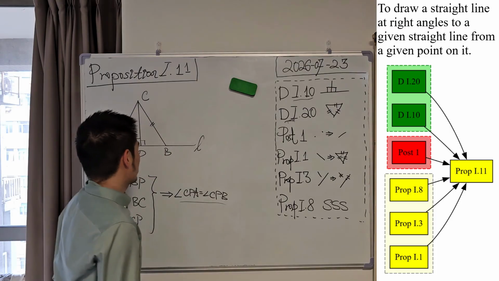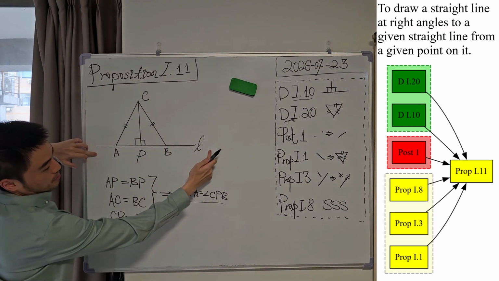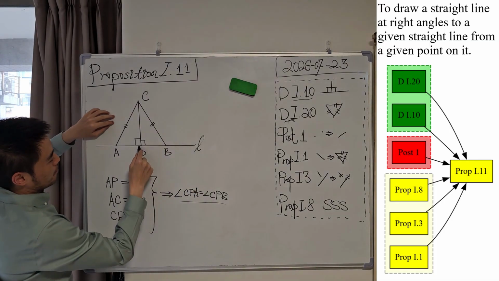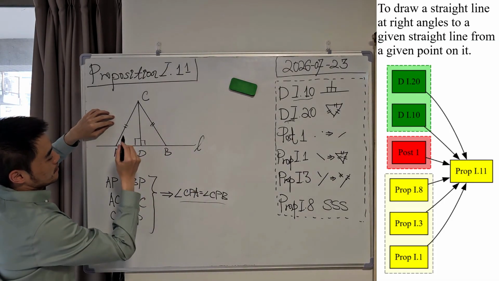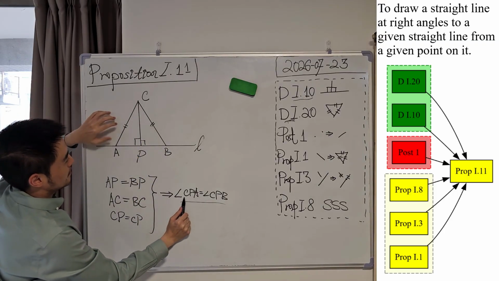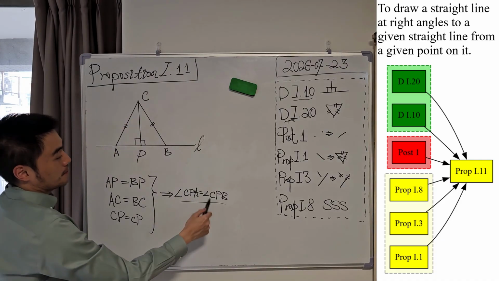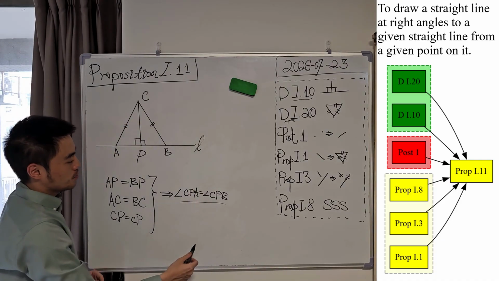So please see what we have found. The CP straight line and the L straight line are meeting at the point P, and the two adjacent angles, this and this, CPA is equal to CPB. So this is the definition of a right angle, which means